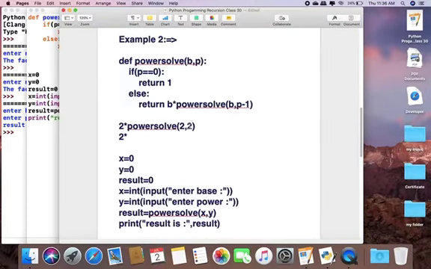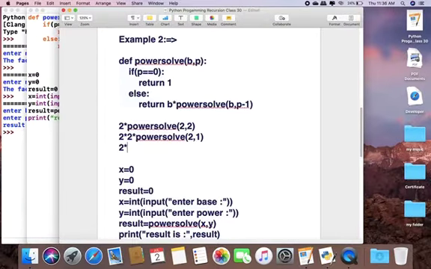Again it returns b, meaning 2 into power solve 2 comma p minus 1, which is 1. Again if p equal to 0, no, so again it will call power solve 2 comma 0.